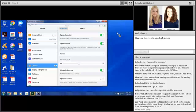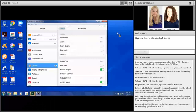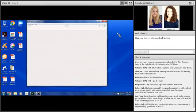You can change speaking rate. You can have the content highlighted. And then when they do get to a website where they need that information read out loud to them,